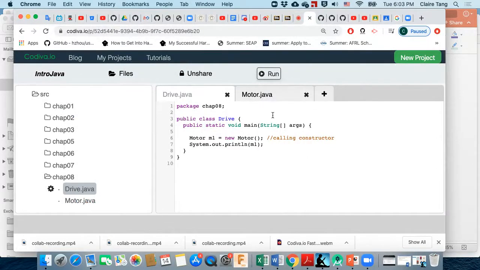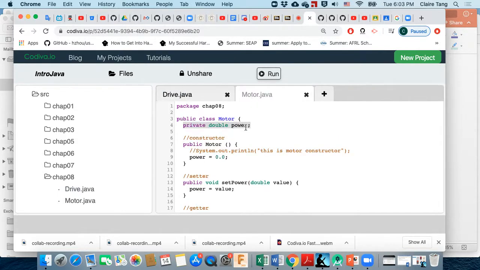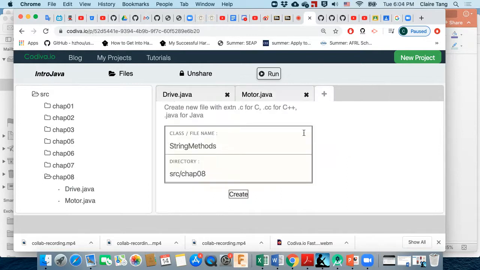Suppose we are trying to use the motor to drive a robot. And so we create a motor class here. And let's create another class called Gamepad. So add on here in chapter 8. And I'm going to change the name to Gamepad